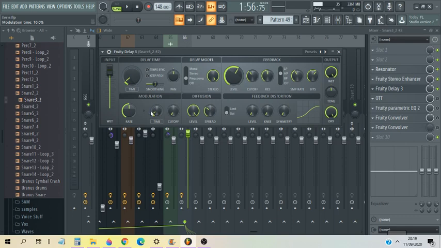Time modulation in this context, you can basically think of it as detune. Essentially what it's doing is they've got a sine wave as an LFO, and you're setting the frequency of that sine wave here, which by default is 1.1 Hz. So every second it will have oscillated 1 time in a tenth.